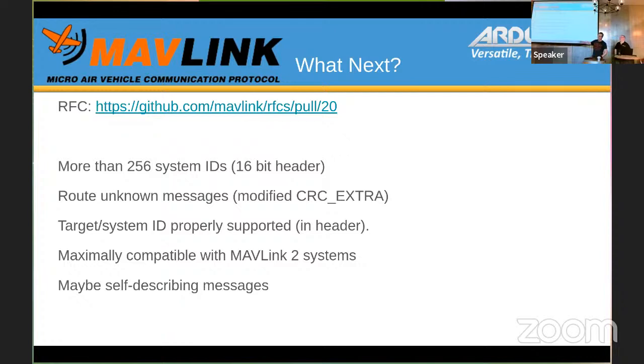So this means that lots of useful things, like you wouldn't have to hold all of the CRC extras which identify what a message is in your ArduPilot. You can actually route at the moment, but you can't route with any integrity checking, so you might route some random data that isn't actually valid. So this enhancement makes routing of unknown messages more robust, and it also means that you don't have to keep things updated, particularly for mesh networks.